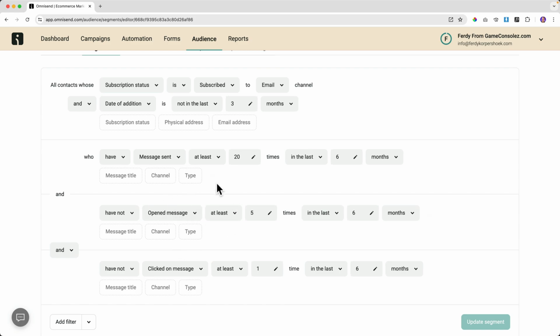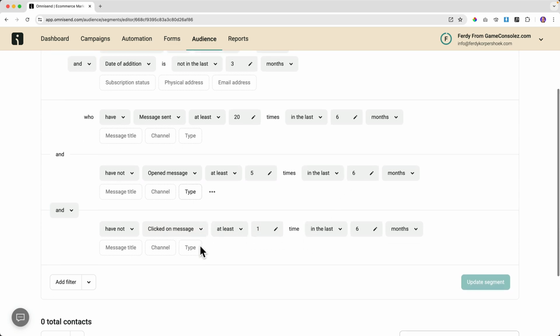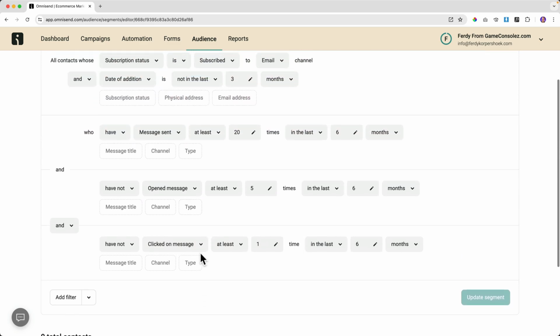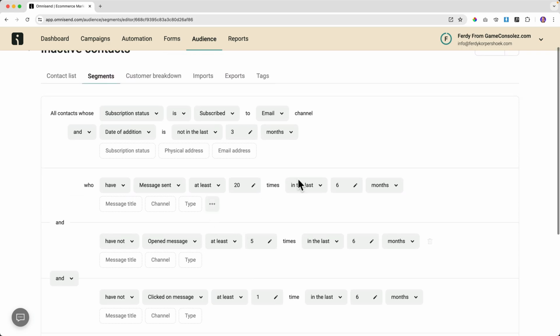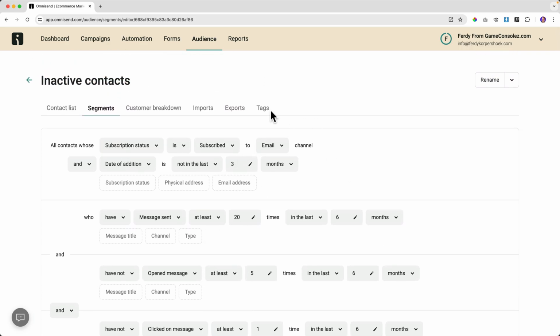And when they do so, and they open my message and they click on the link I have for them, then automatically they will be deleted out of the segment because they became active again. So you can put this all on autopilot. So let me go back,